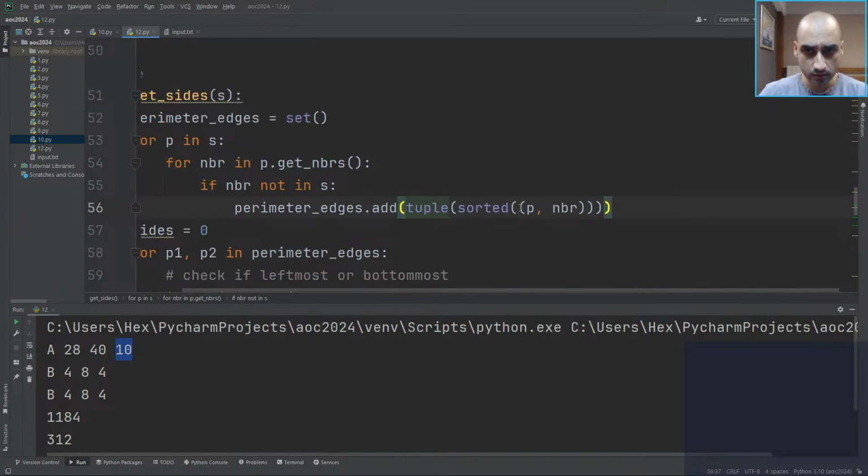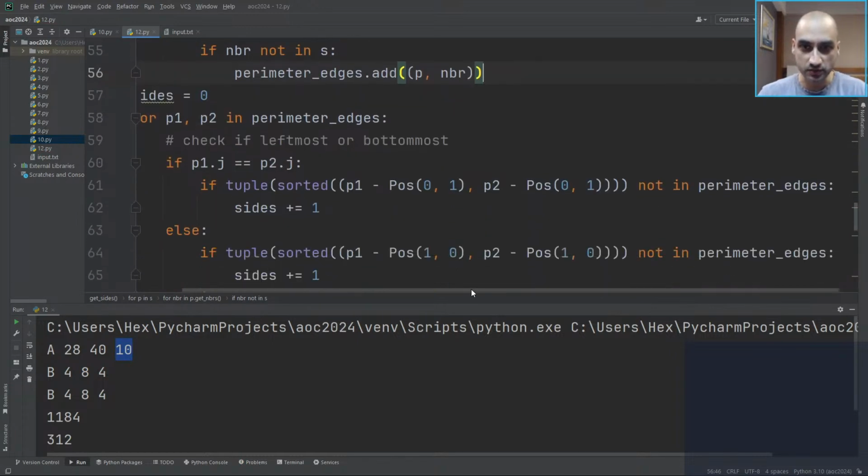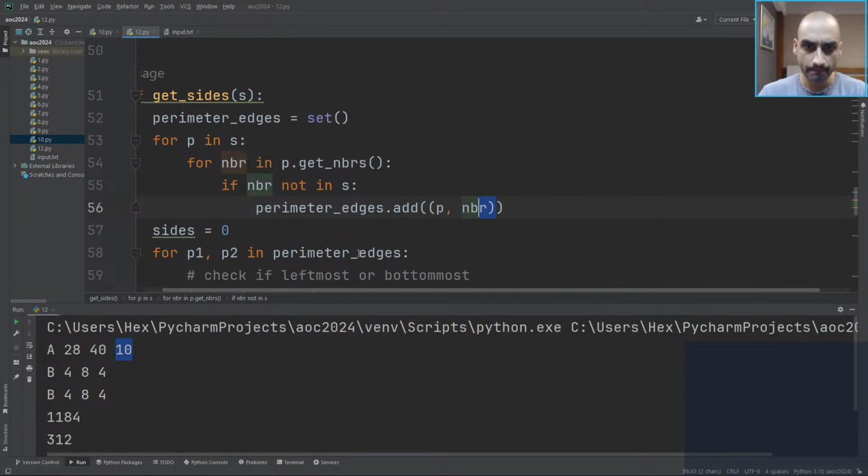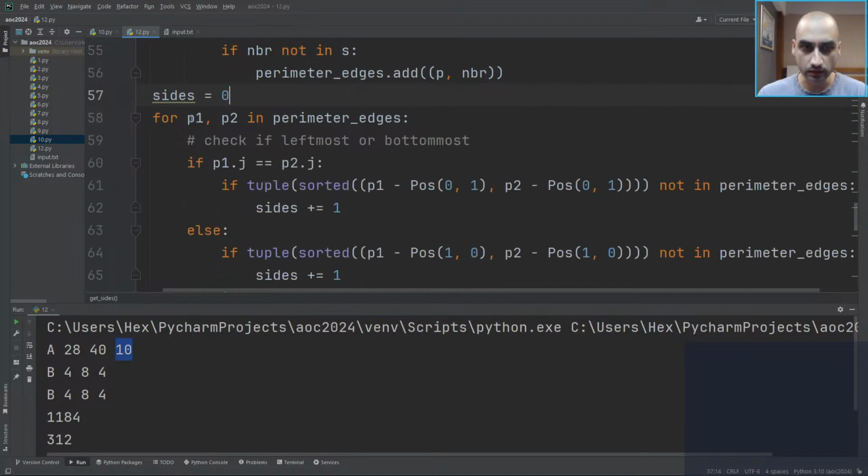So I want E. So it's actually simpler. I actually added that step to intentionally tie those 2 together. So I add P neighbor. So we're always saying the left one is in the region, the neighbor is out of the region, though the right hand side is out of the region. So now this is in, this is out. So we want if